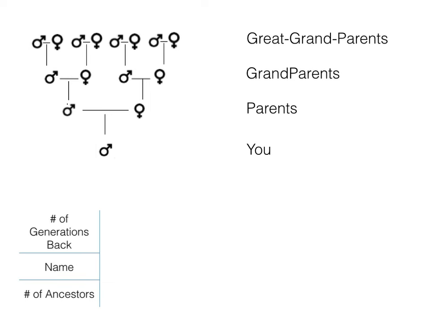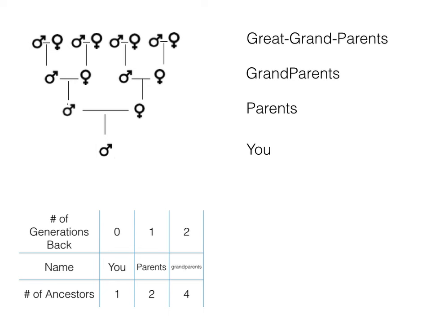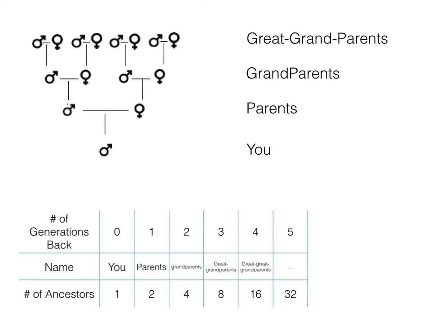So here we go. Let's make a table of this. So we have 3 parts to our table, the top being the number of generations back, the middle one will be what we call that generation, and then the number of people, the number of ancestors in that generation. So 0 generations back is just you. There's one of you. 1 generation back are your parents. There are 2 of them. 2 generations back, grandparents, there are 4 of them. 3, great-grandparents, there are 8. 4 generations back, there are 16 great-great-grandparents, 32 great-great-great-grandparents, 64 great-great-great-great-grandparents, and you could keep going if you wanted to,